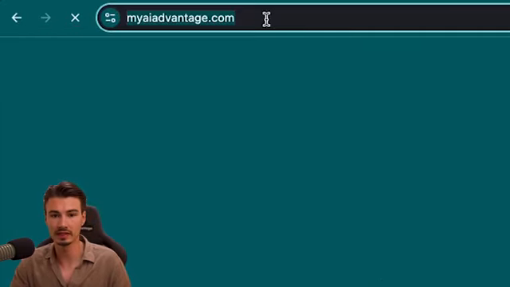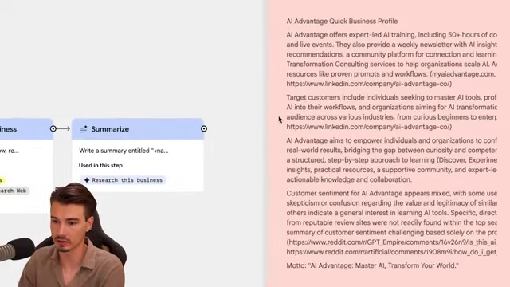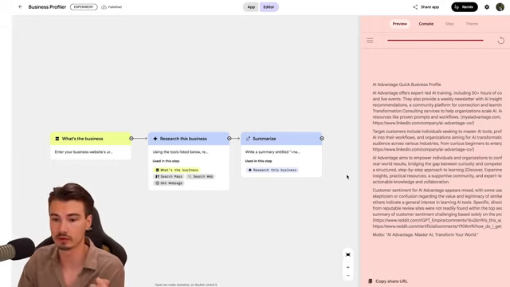I'm going to put in our website URL and see what it comes up with. And there it is. It took some info from our homepage. It took some info from our LinkedIn. It found some discussion on Reddit that it summarized here. And there you go. So this thing in itself might not be the most useful thing in the world, but